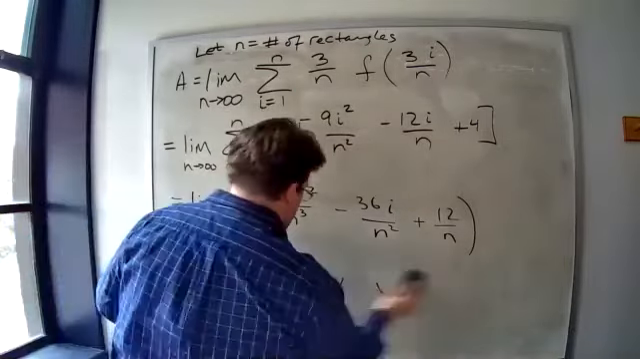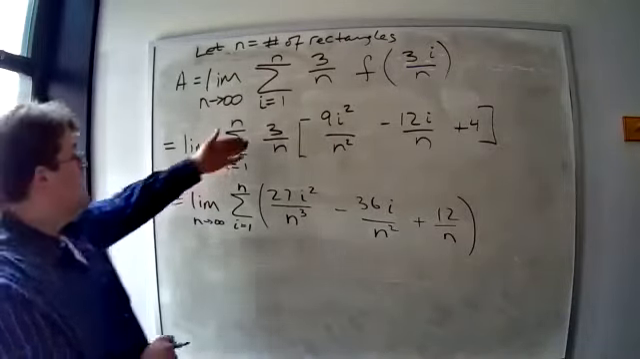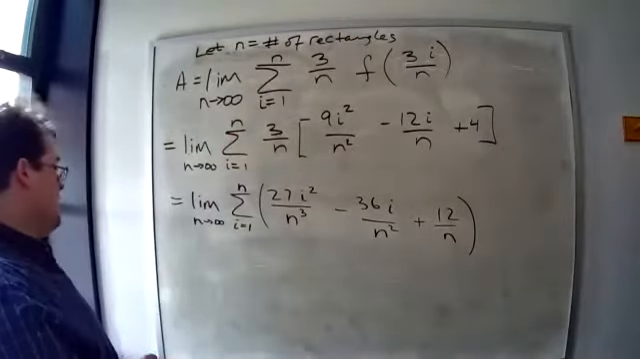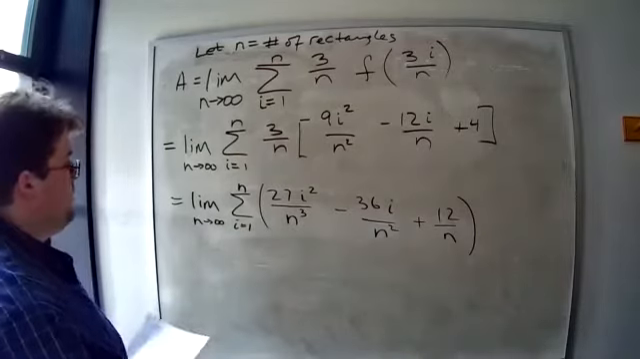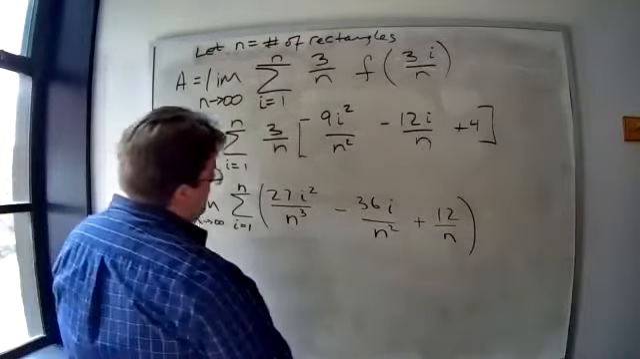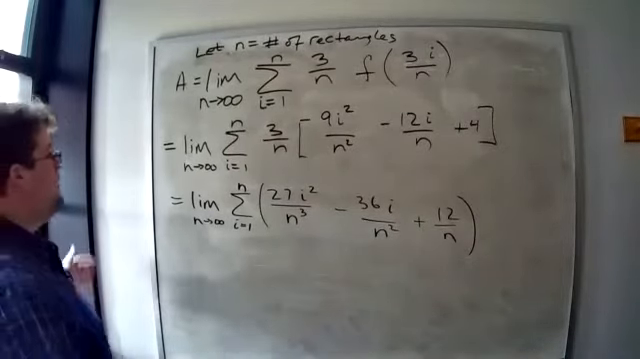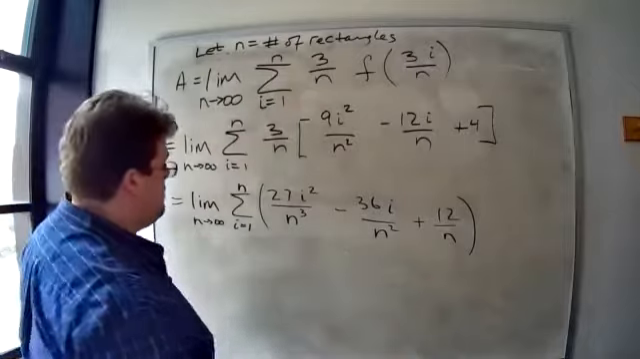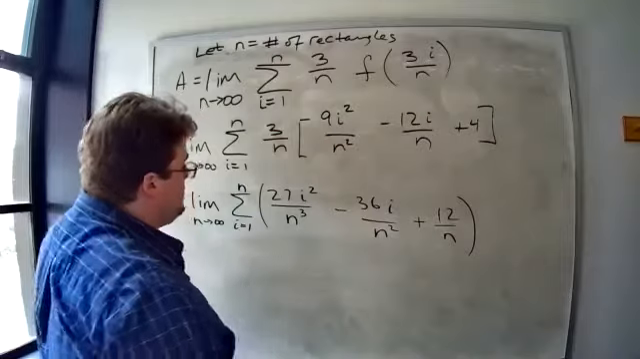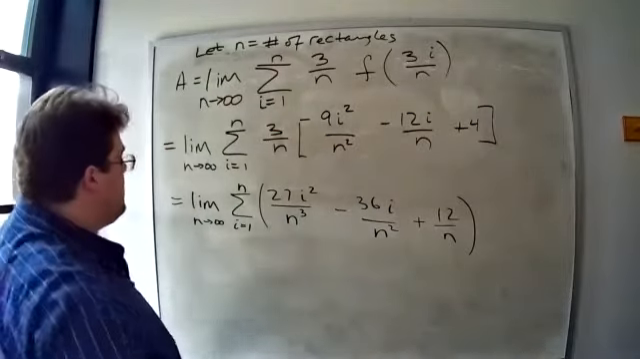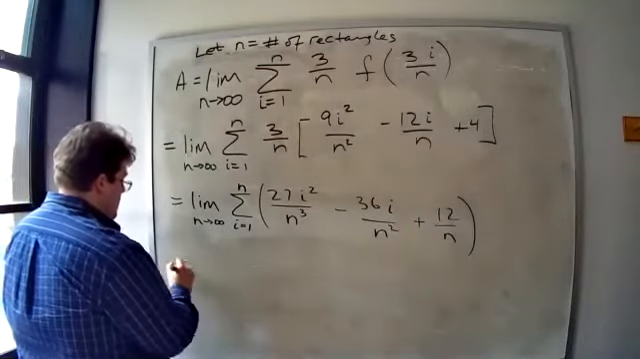Any questions about that distribution? So all we did from here to here was distribute that 3 over n through. Now, the way it's written, right now or in the previous step, you could get rid of the sum of i squared, the sum of i, and in that last case, the sum of 1. Now, these sums are all in terms of i, meaning